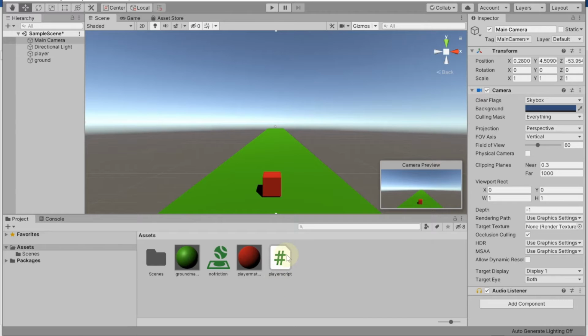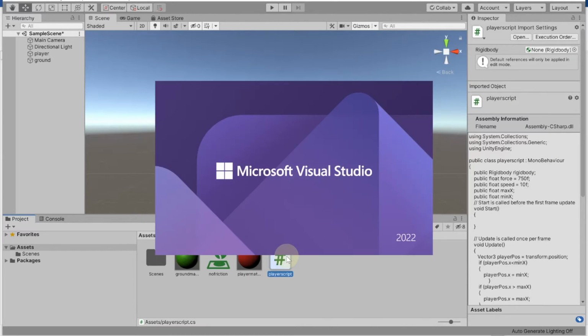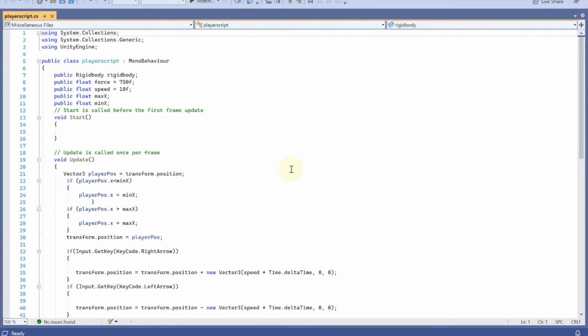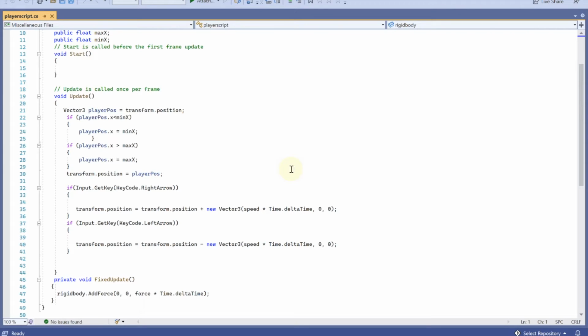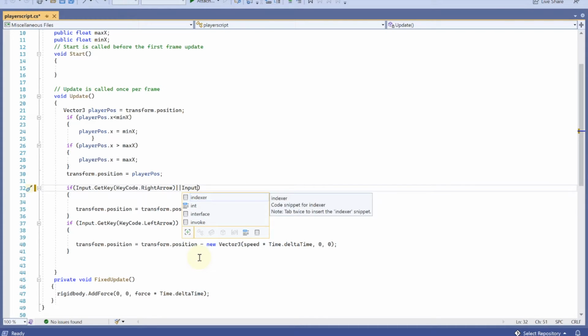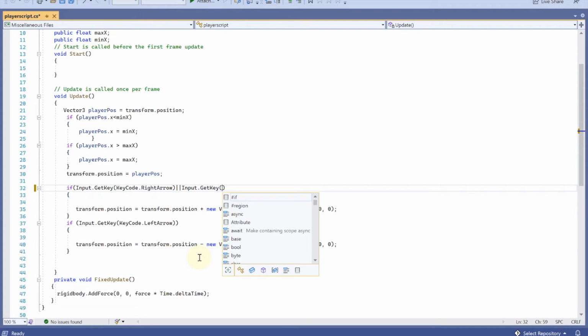We're going to go to the player script, and there's just one small change that we have to make. If you see down here in the player's position, this is basically the player's right position. The same condition, everything else is the same. We just have to add a concatenation symbol here. We will concatenate, and for that we'll add input, exactly the same. We'll get key, get the key code, and the key code is going to be